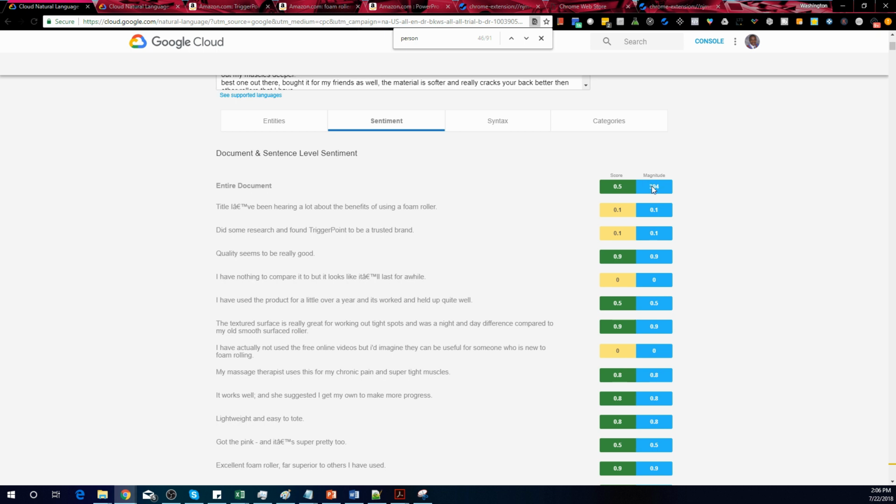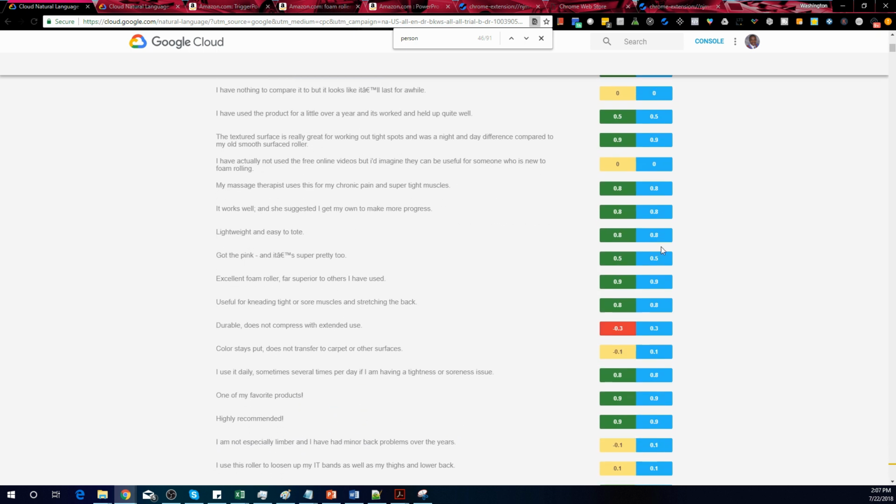You can just hover over the results here and you'll kind of understand what it's saying. For example, the green is positive, right? It's a sentiment score, and it ranges from -1 to 1, and -1 is very negative and 1 is very positive. And so you can look at the very positive sentiments and see, okay, what do people really like about